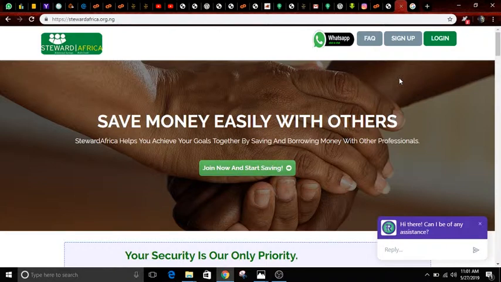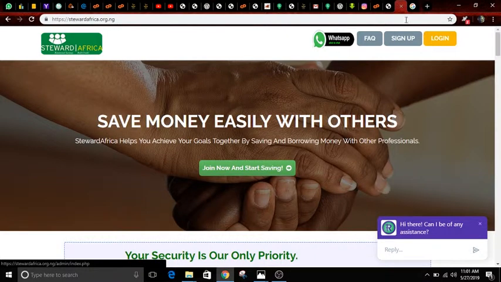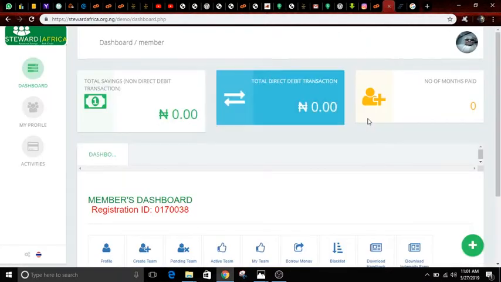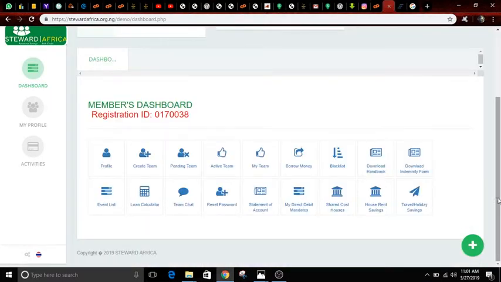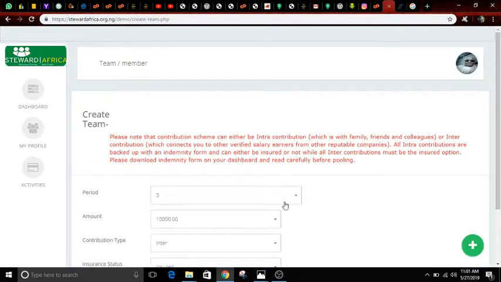Now, to create a team, first of all, we need to go to our dashboard. You need to log in and go to your dashboard. Now, first of all, you click on Create Team here. Then, you need to add the necessary information. Now, for example,